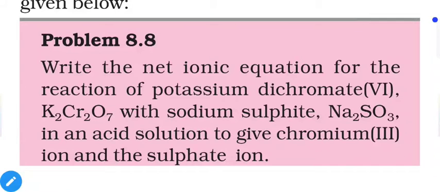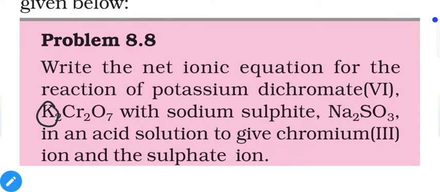So problem number 8.8: write the net ionic equation for the reaction of potassium dichromate, where VI represents the oxidation number of chromium in potassium dichromate, with sodium sulfite Na2SO3 in acidic solution to give chromium 3+ ion and sulfate ion. Now first thing to keep in mind,